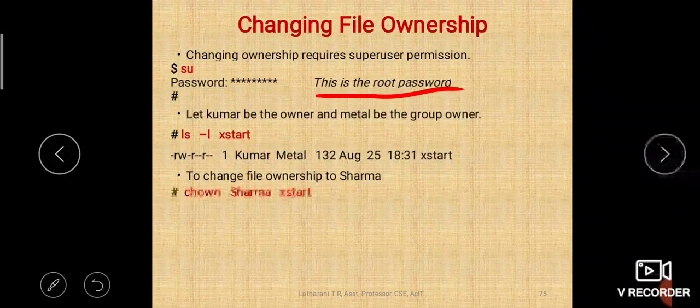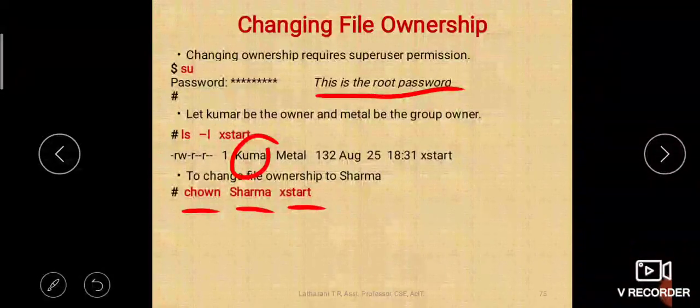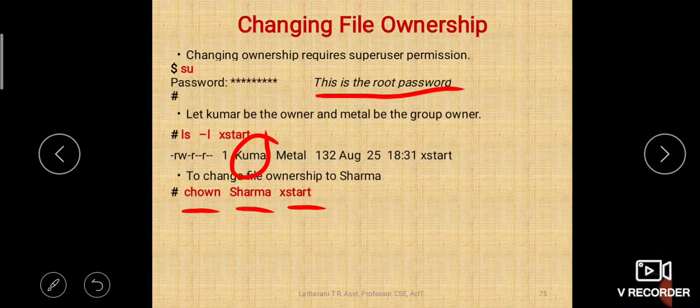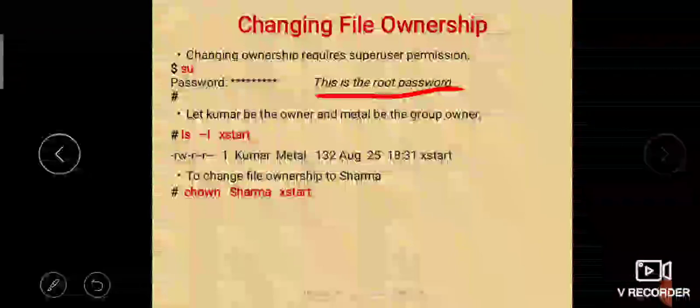Let us see. You can use the chown command. The chown command is used for changing the ownership of a file. When you say chown Sharma xstart, the current owner of xstart, who is Kumar, will be changed to Sharma now by using the command called chown.